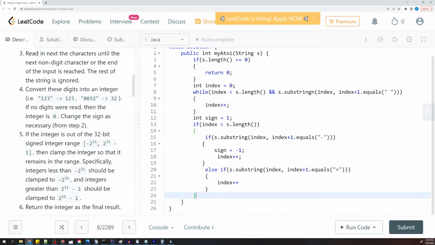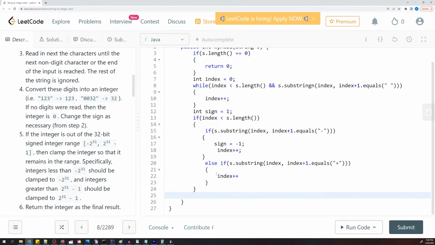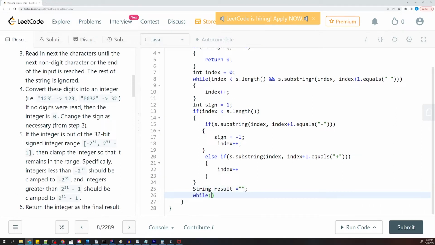Okay. And now that we've gone through and checked to see if there's a plus or a minus after the white space, what we want to do is start creating that result. So we're going to create that string called result. And right now it's going to be a blank string. Create this while loop that says while index is less than s.length and s.charAt index